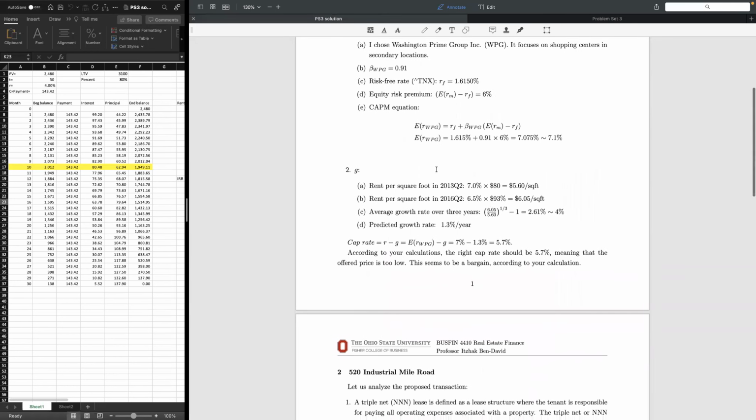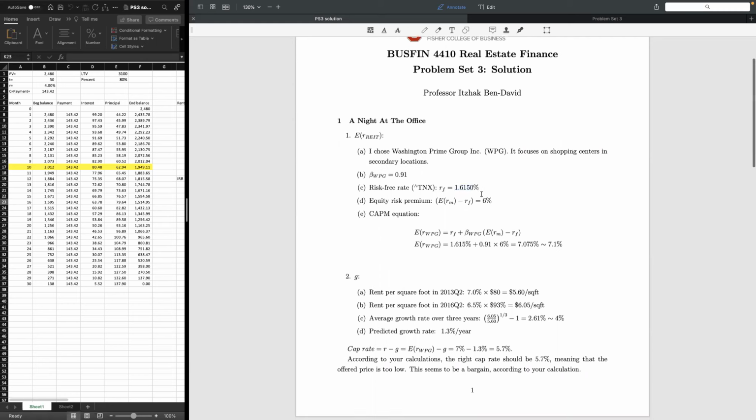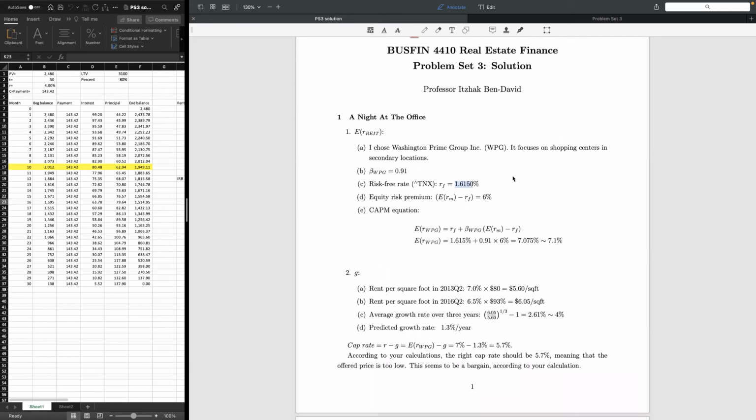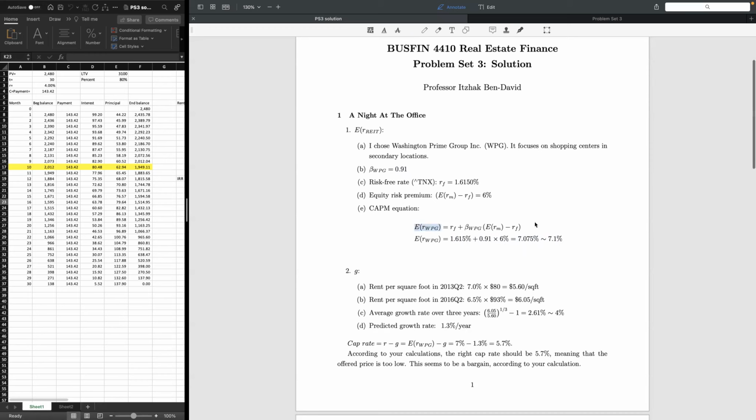So here, this is the one I found earlier, but the most updated one might be different. This number should be around 1 or 2 in recent years. If you find something too big, that might be a problem. If you find something negative, that's also a problem. So you plug everything in, I plug my numbers here, then I get this: 7.7% something. This is the expected return of the REIT